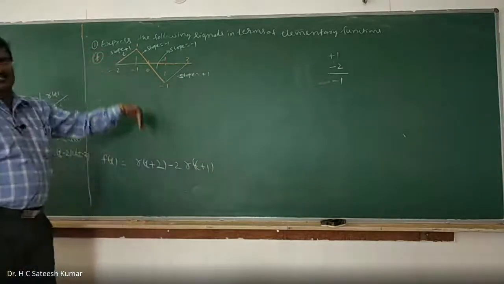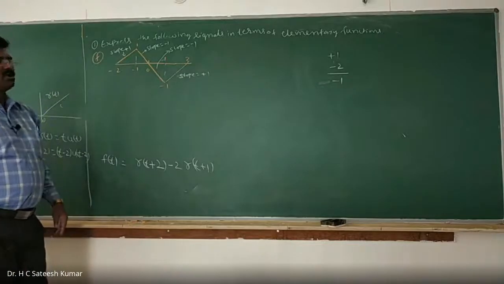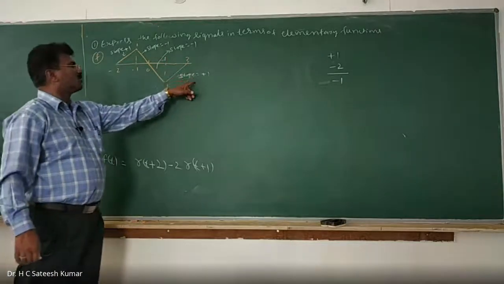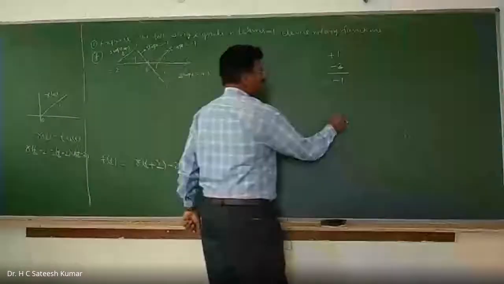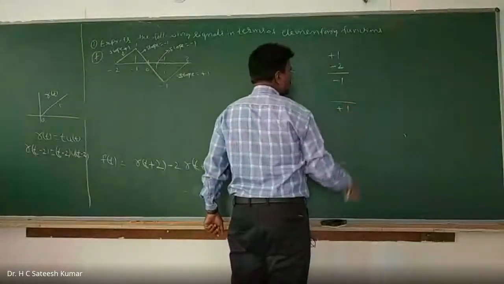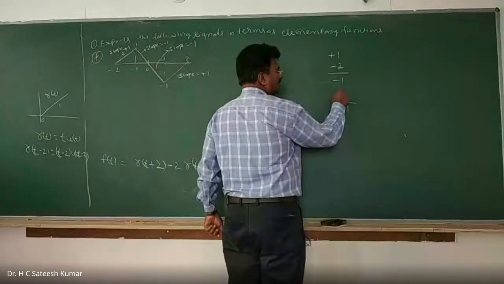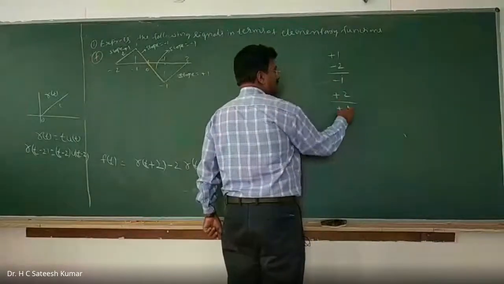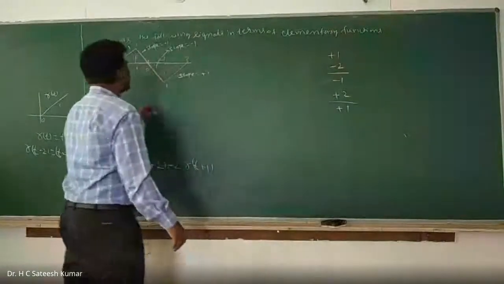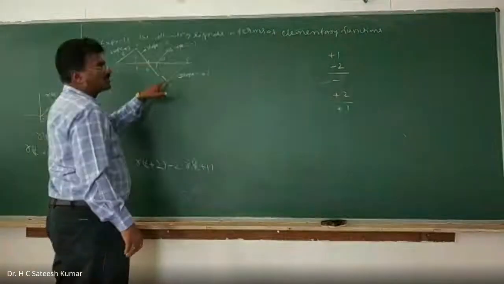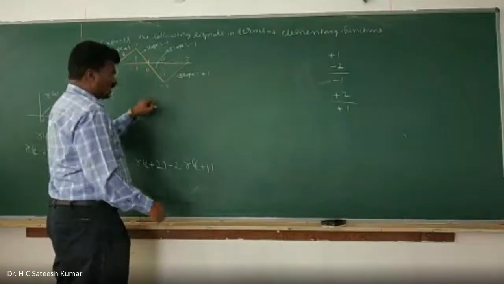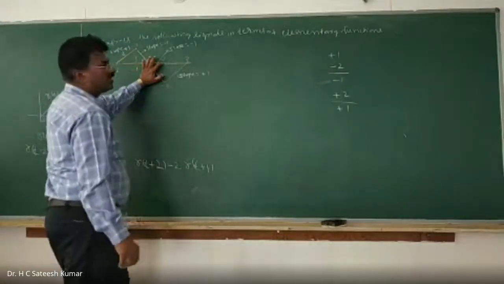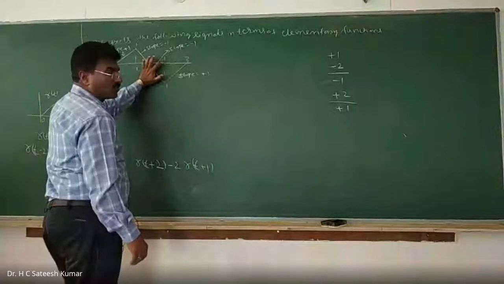Now it is decreasing. Now I want a slope of plus 1 from 1. So plus 1 from 1 means what? I want a slope of plus 1. If you want plus 1, what should I add? Plus 2 I should add. Minus 1 plus 2 is what? Plus 1. So if I want a slope of plus 1, I should add plus 2. So this will become like this. But here, at 1, what should I add? A slope of plus 1 I should add.